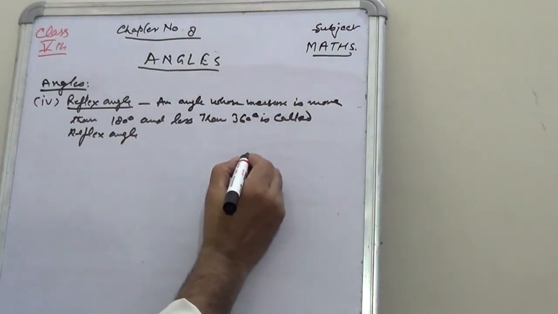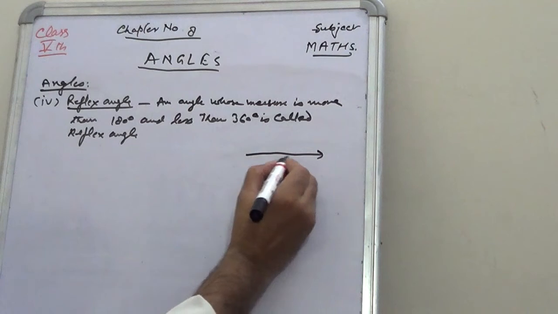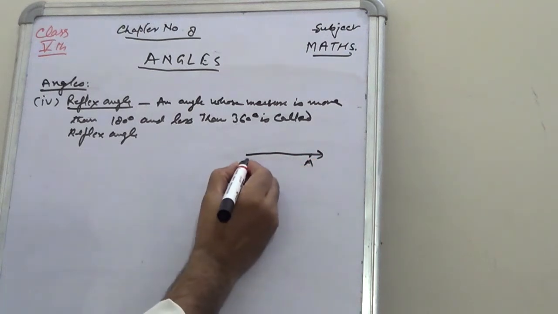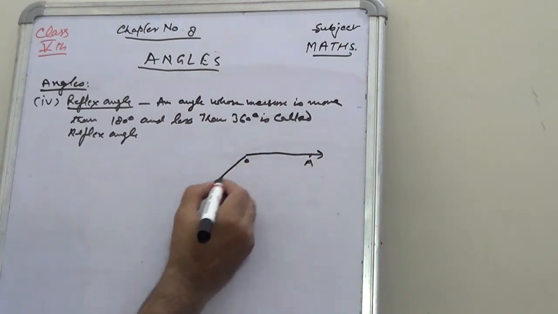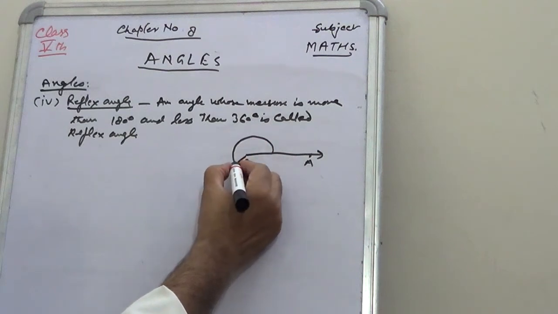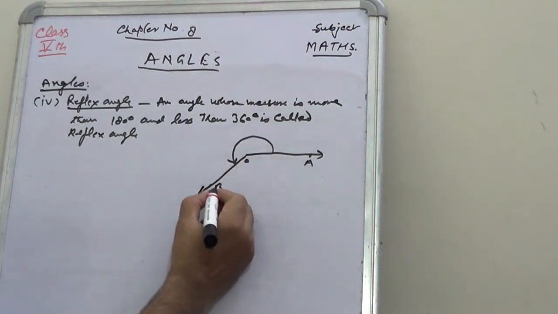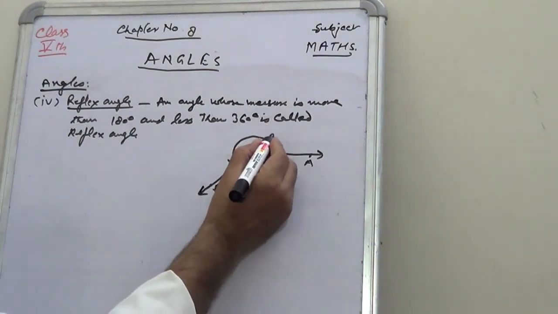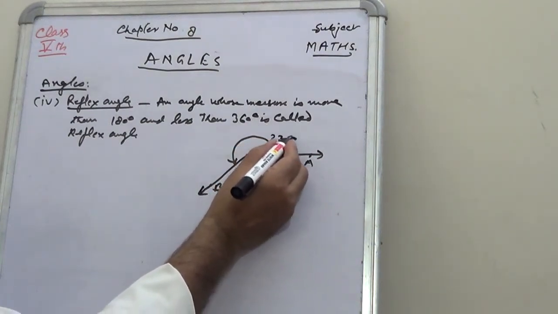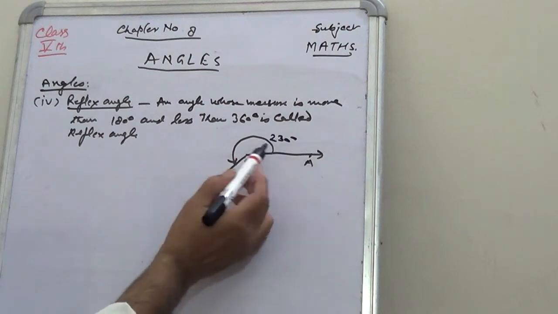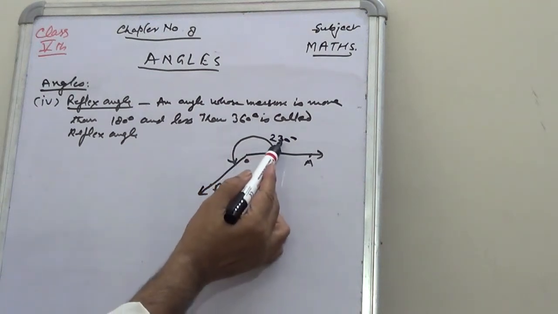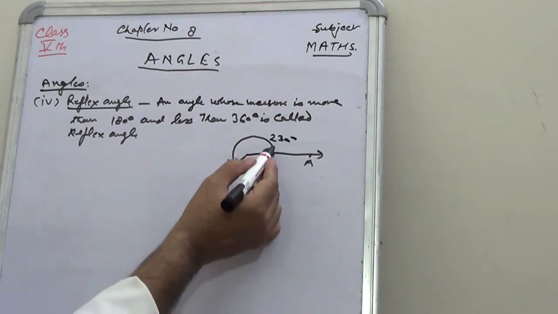How is it shown? It is shown like this, A, O, and this covers this much of distance. Suppose 230, the measure is more than 180 degree and less than 360 degree, so this angle is